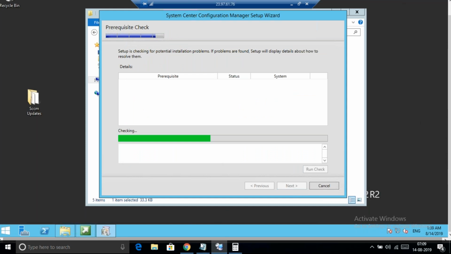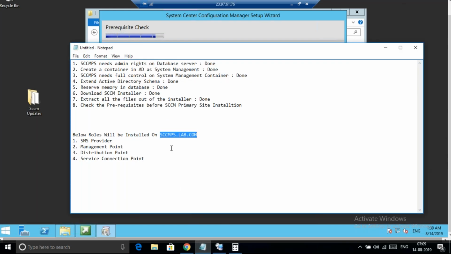So that's what I have mentioned here, to check the prerequisite, point number 8. So it is checking, and it will let us know whether everything is done properly or you missed something. Okay, so that is done. Point number 9 is